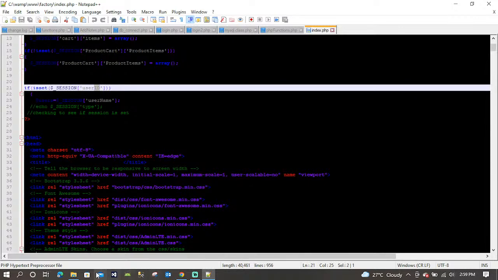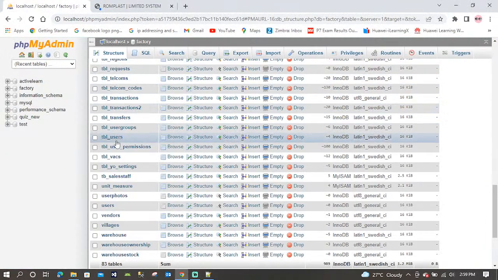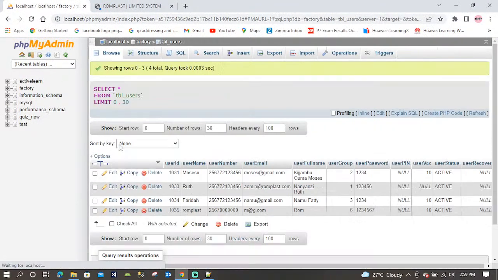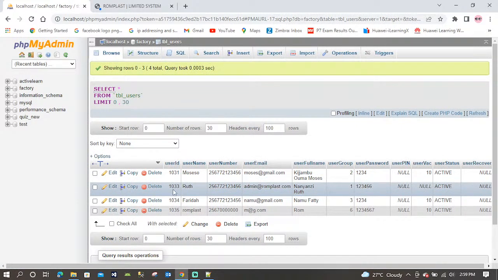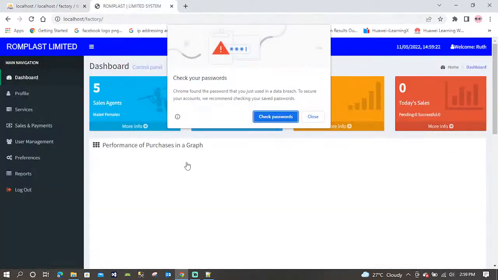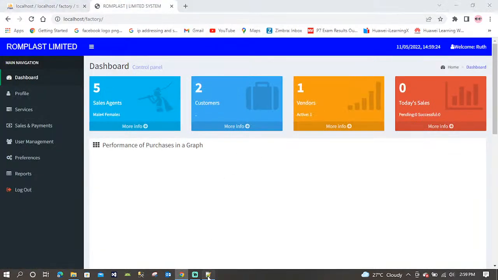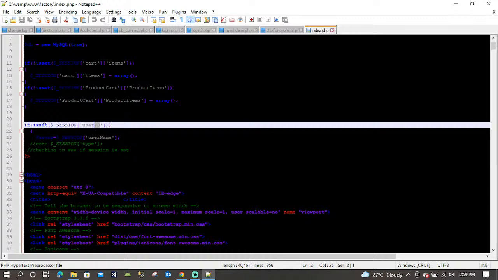For example, the user ID in our database is for Ruth. We go back to users. The user ID is 1033. It is going to check if this user ID exists in the database. So if 1033 exists in the database,